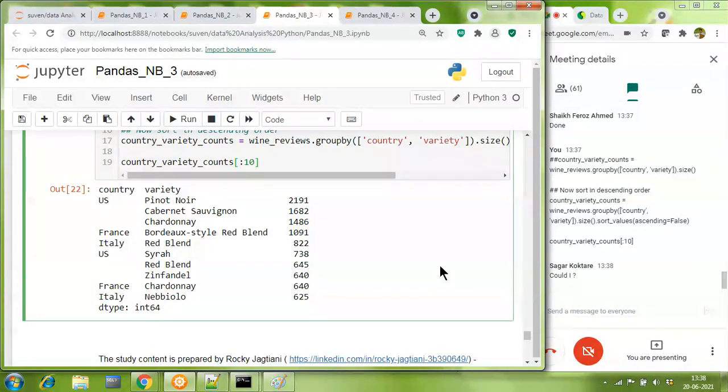Please go on. Yeah. So what we are doing over here is we are finding out the variety of wines country wise. So if we see the first row for US, there is a variety. The first one where the count is 219. Accordingly, country-wise, we are getting different variety of wines and their respective count. Absolutely. Perfect. Great. Mute yourself. There's a lot of background noise coming, Sagar.